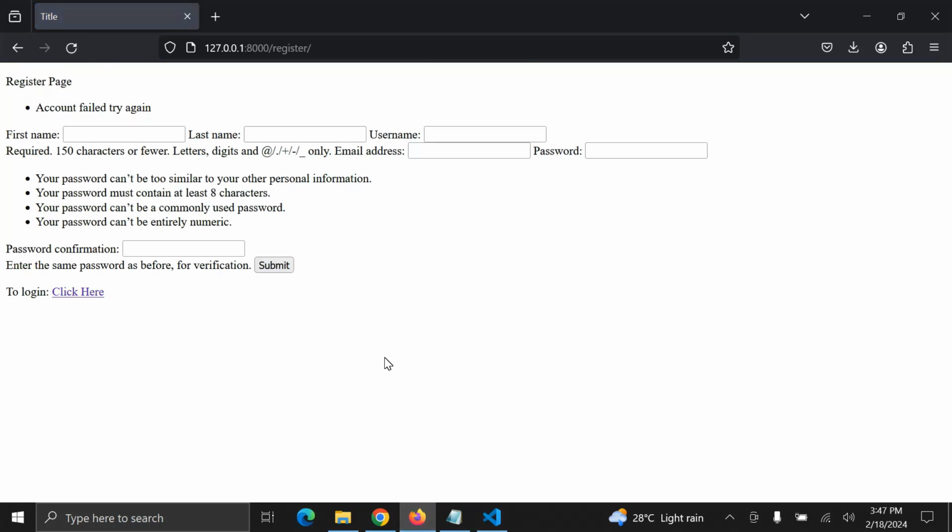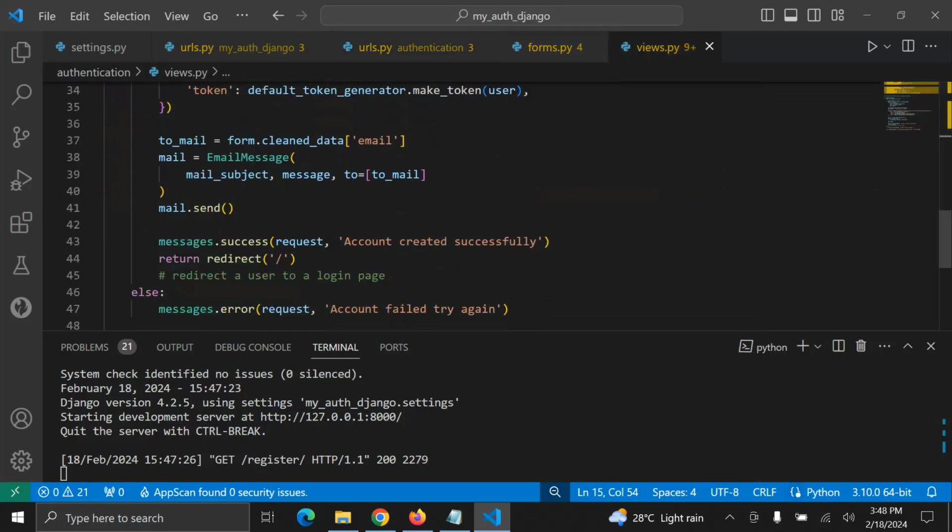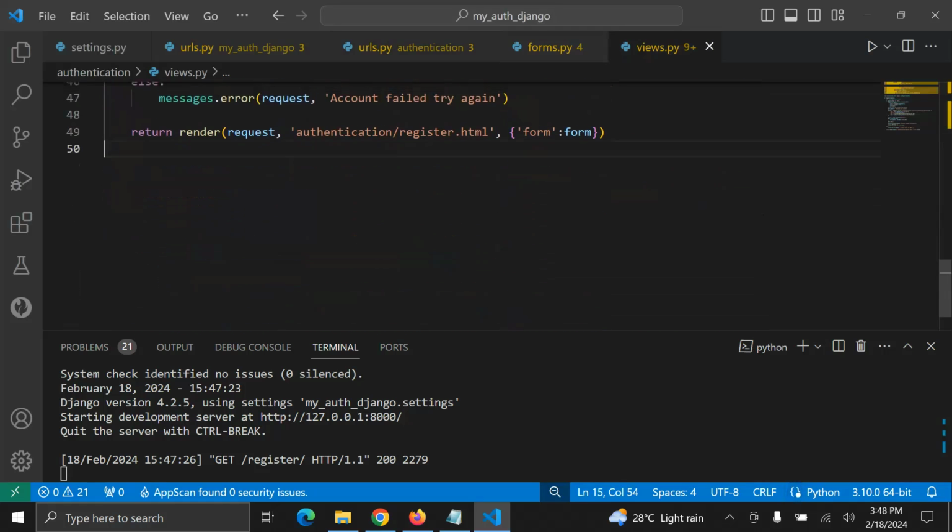So if we refresh, you can see we have a form. There is first name, last name, username, email, password 1 and password 2. So this is okay. You can see click here to register, to log in. Before we perform testing for our user registration functionality, let us add one more function which will help us